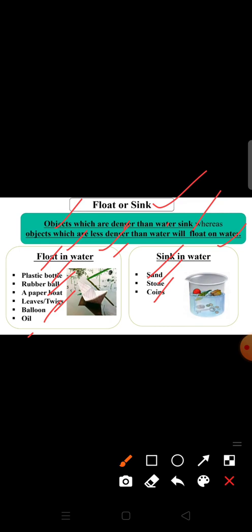So the last property is transparency. Okay, so based on the transparency, the materials are divided into transparent, opaque and translucent objects. Those substances or materials through which things can be seen are known as transparent objects or transparent substances. For example, glass, water, air and some plastics. Okay, and the materials through which we are not able to see are known as opaque objects or opaque materials. For example, wood, metals, plastic, cardboard, wall, tree, all these are opaque objects or opaque materials.